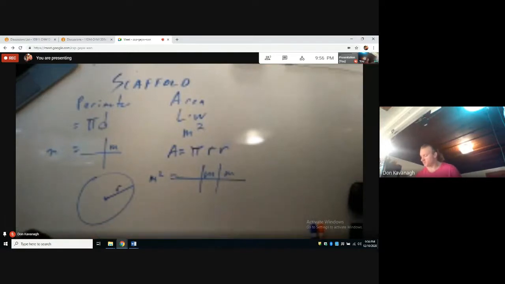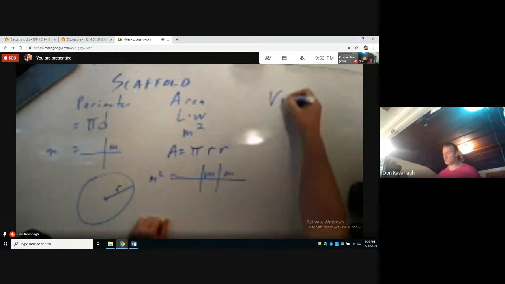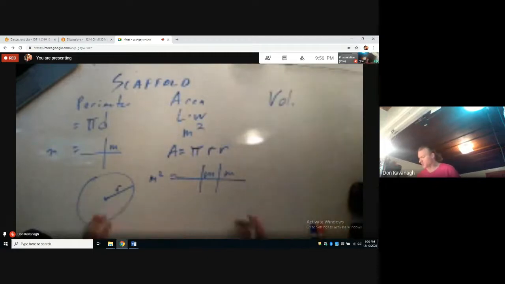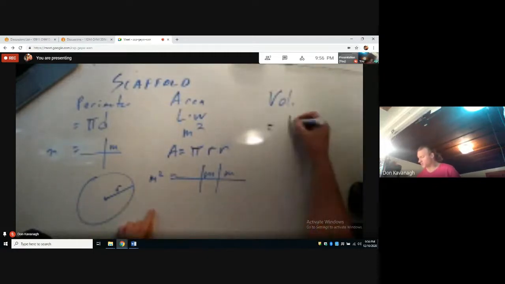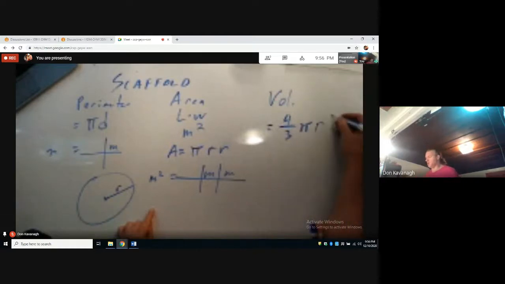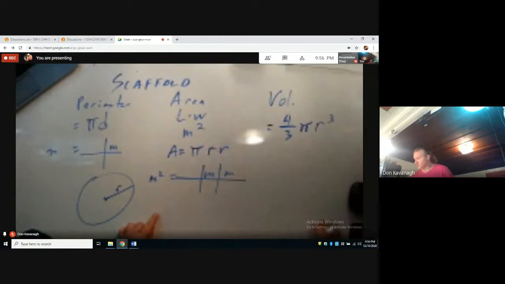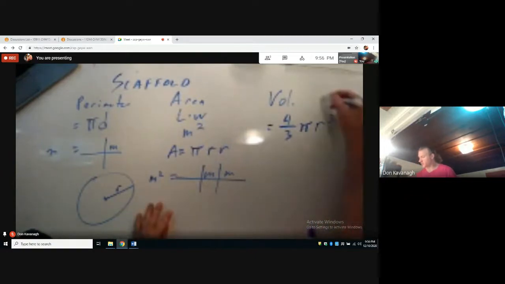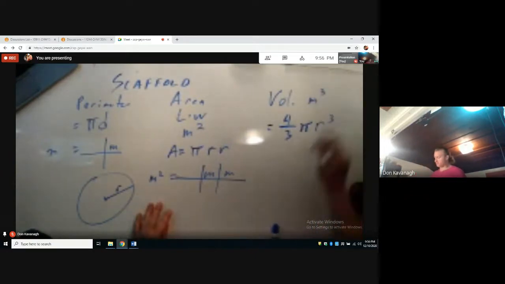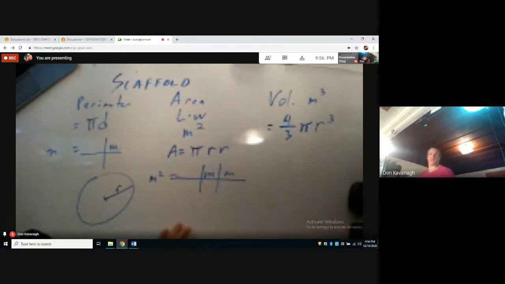The volume of a sphere is 4/3 pi r cubed. And again, a volume is going to be meters cubed. The volume of anything, whether it's a die, box, your Amazon boxes, or any shape, is going to have a volume of meters cubed. When we plug this thing into our scaffold,